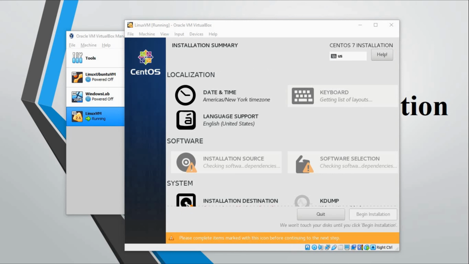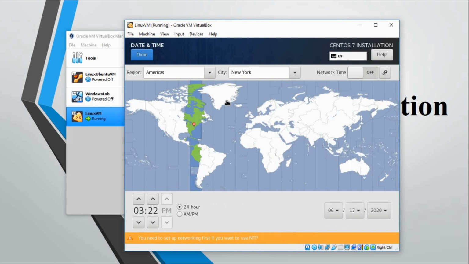In the next page it says installation summary. The first thing you need to do is click on date and time. By default it is picking up Americas, so I will change it to my time zone. You can change it to your time zone accordingly. I will click on done now.